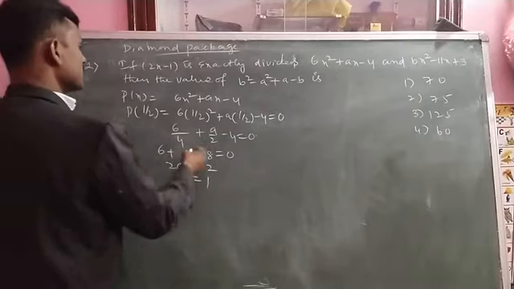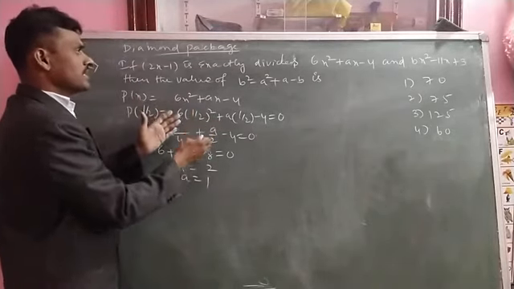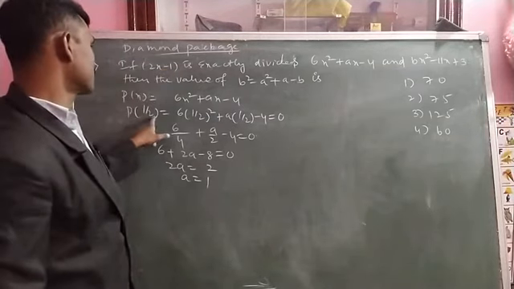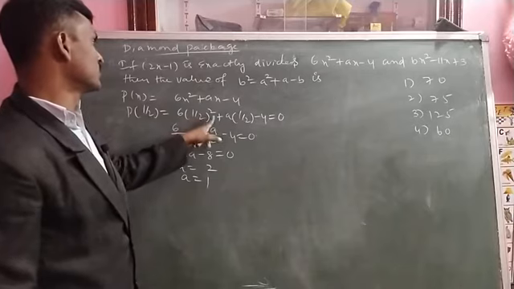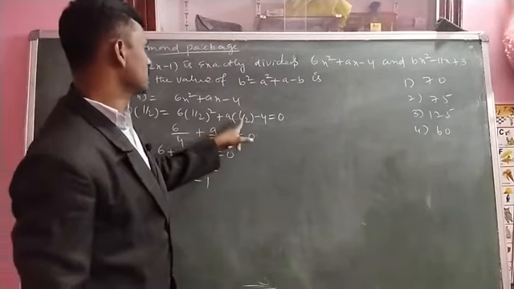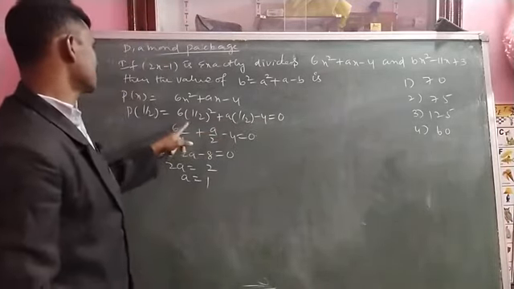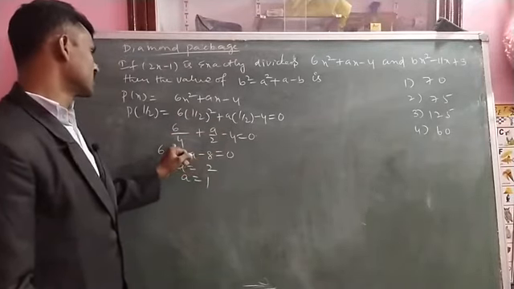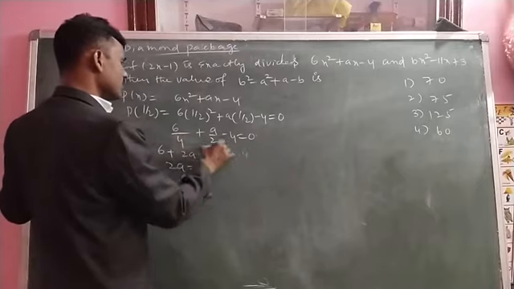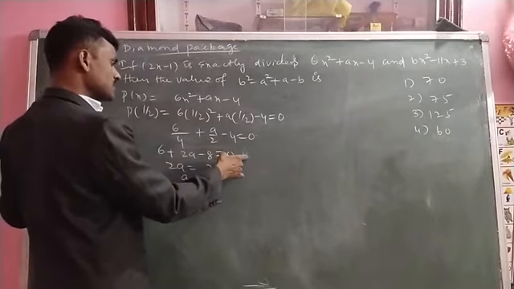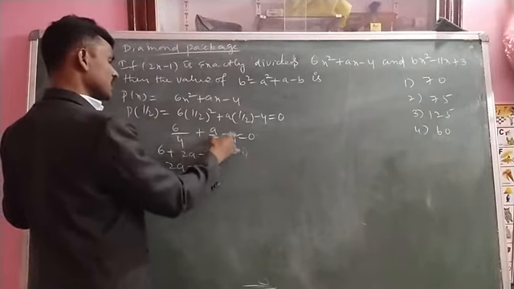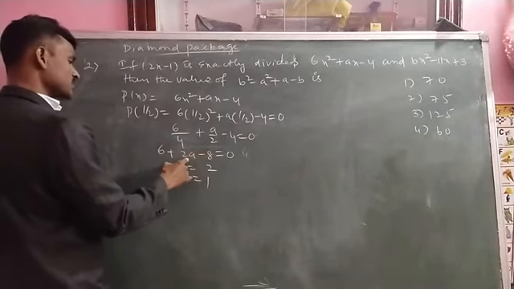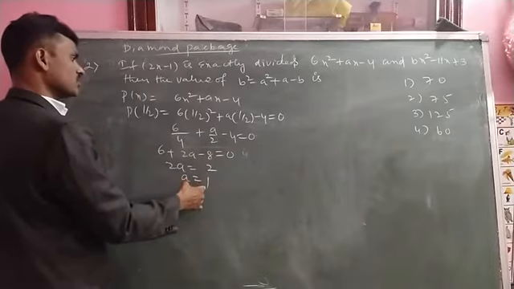Okay, once again, the lesson: exactly divisible by a particular number means you have to take that zero value and substitute it here. So 6 into 1 by 2 whole square plus a into 1 by 2 minus 4. Thereafter 6 into 2 square means 4, and this is a by 2 minus 4. Then take LCM, the denominator is 4. That gives 6 plus 2a minus 2 into 4, 8, and 6 minus 8 is equal to minus 2. Minus 2 to that side means plus 2. A is equal to 1.